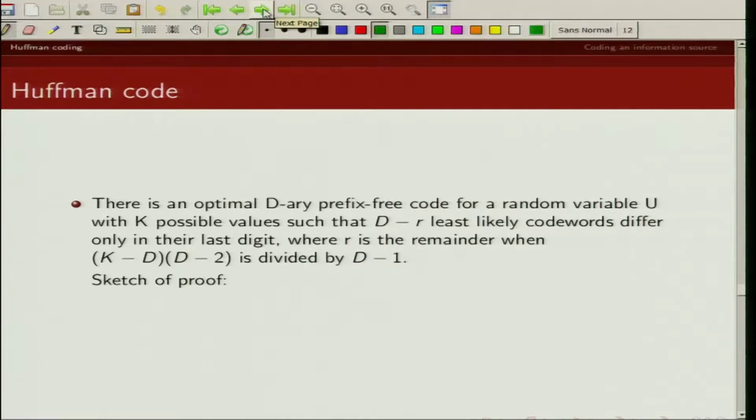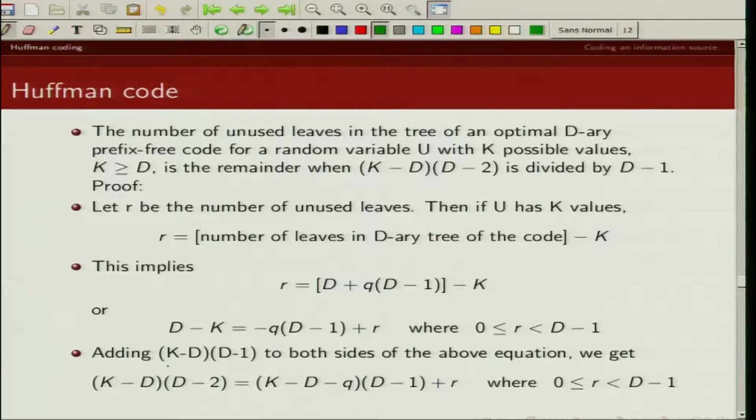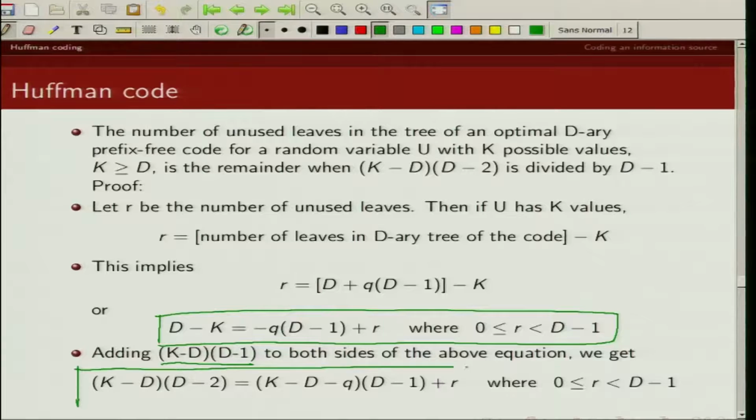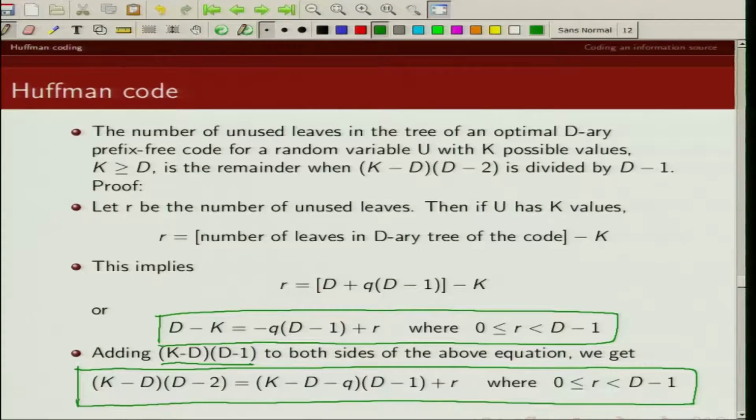Or I can do some more manipulation. If I add (k minus D) into (D minus 1) to both sides, I can write this expression in this particular fashion. So I can then say that if I divide (k minus D) into (D minus 2) by D minus 1, whatever remainder I get is my number of unused leaves.